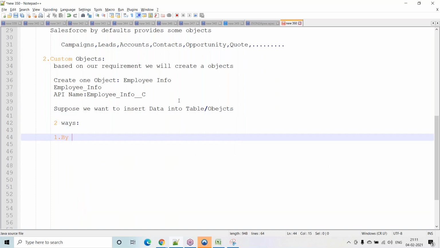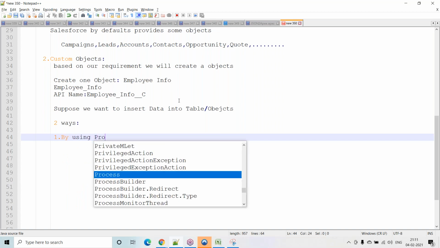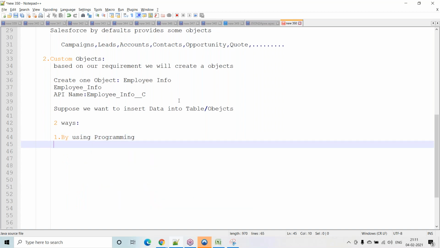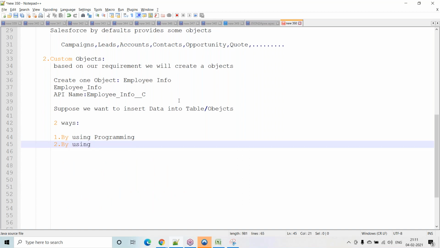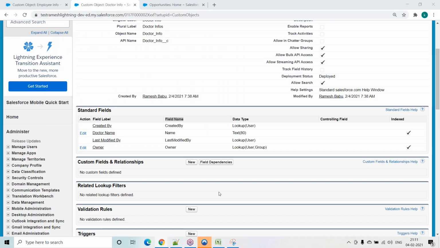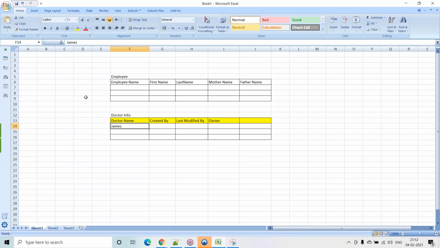The first one is by using programming, which we will discuss later. The second one is by using a tab. By using a tab we will insert the data into the table without writing any programming.